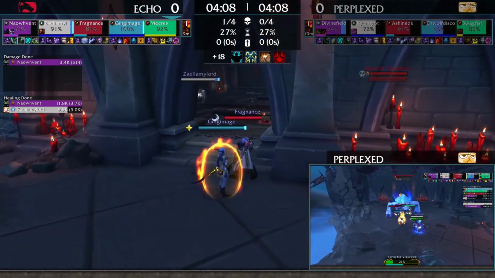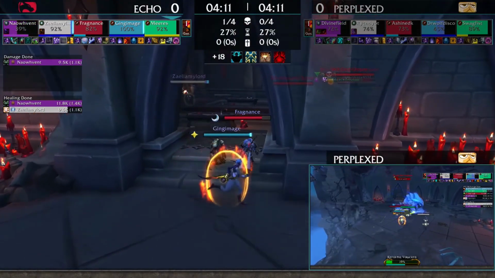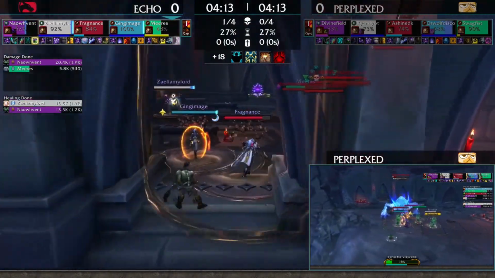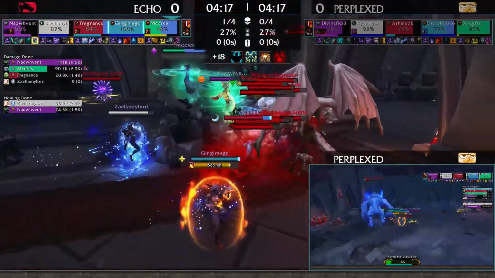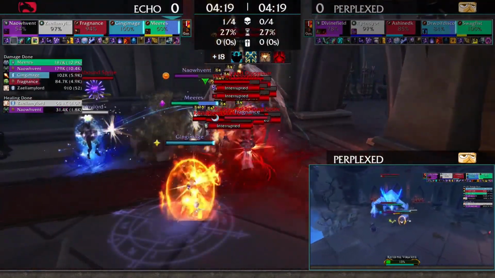Yep. It's definitely front-loaded, like you were saying. So now Echo is making their way into this next area. And something that you can see that they're doing is they're utilizing Paralysis and Cage to be able to CC